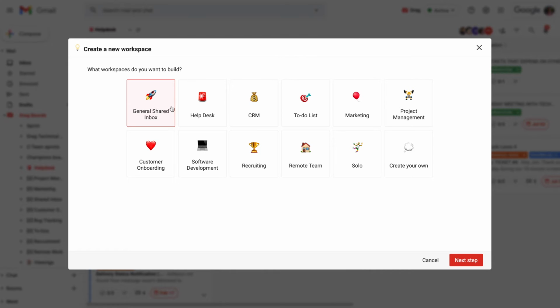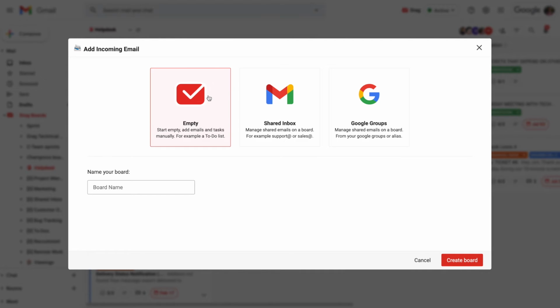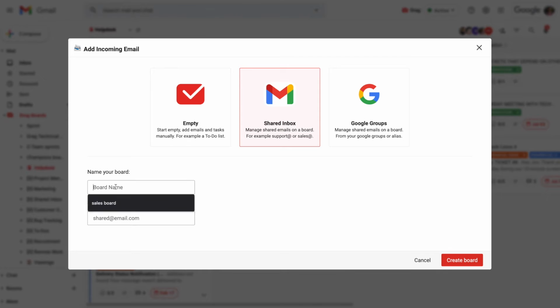And for this example, we're going to set up another help desk here. So we'd select that help desk. We then go to next step. We can now invite team members to the board. And the final step is to choose whether we want this board to be the empty board or a shared inbox or a Google group. So in this context, we're going to choose shared inbox and we will call this a help desk